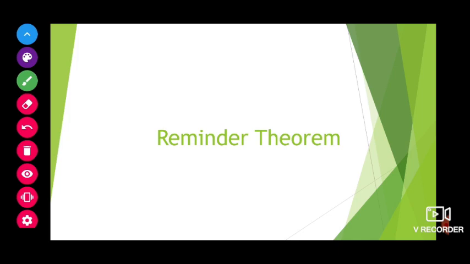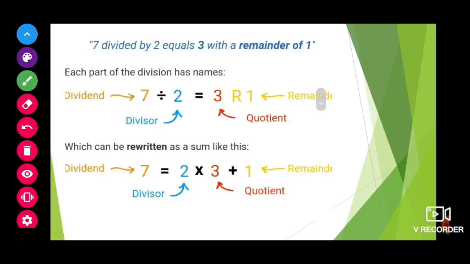This remainder theorem you already know, children. Whenever we divide the dividend by the divisor, we get some quotient and the remainder. Then we can write the dividend as the divisor into quotient plus remainder. We have been learning this from almost the third and fourth standard only. So how this remainder theorem works in polynomials, we are going to see.